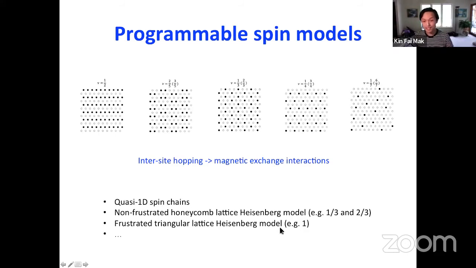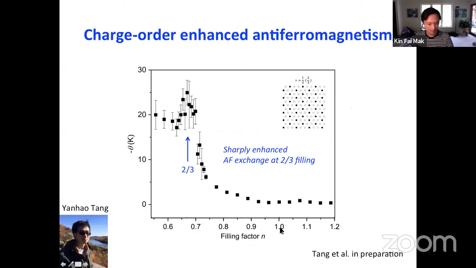So it's really quite a programmable spin simulator on one single system, where once you change the gate voltage, you can change the lattice symmetry of the underlying spin model. And it's very interesting to explore in the future. And I think I am basically close to running out of time, but let me just quickly tell you that